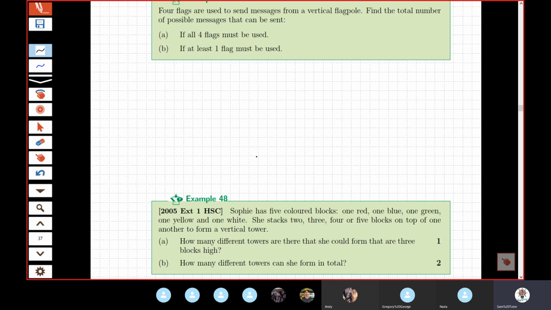Stuck on B for the first one? 4 flags are used to send messages from a vertical flagpole. Find the total number of possible messages that can be sent if all 4 flags must be used. So 4 flags are used, and if all 4 flags must be used,